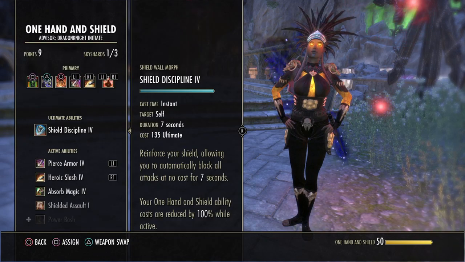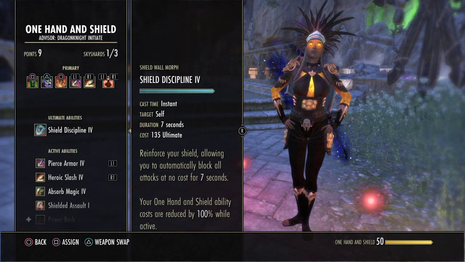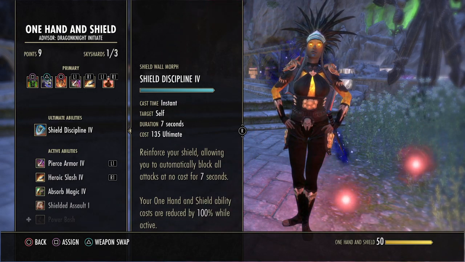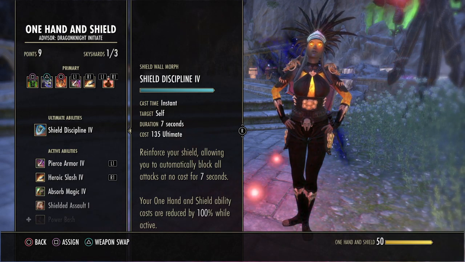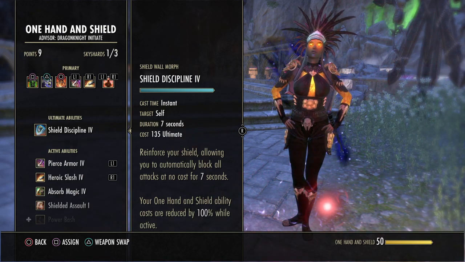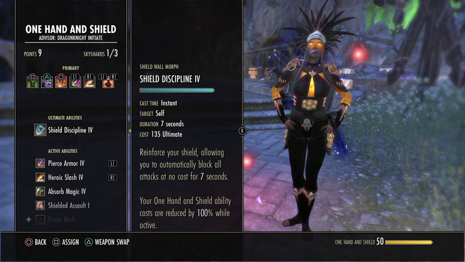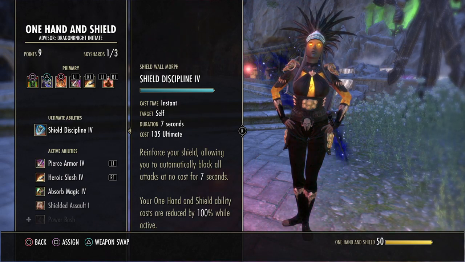Sword and Board side, I've got nearly every one of these besides Power Bash. Your ultimate in this one is Shield Wall, and then I morphed it to Shield Discipline. These are situational. Your ultimate abilities are very situational depending on where you are and what you're doing. So keep that in mind, because this one, you pop it